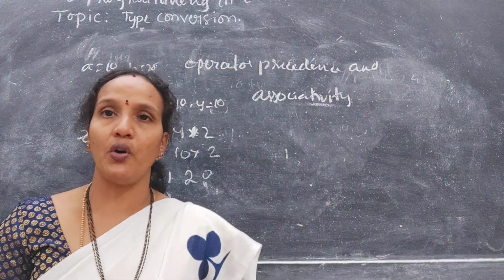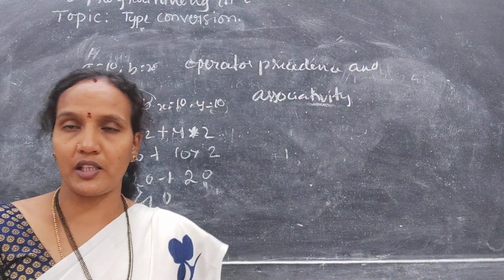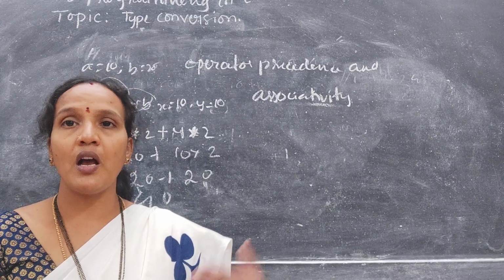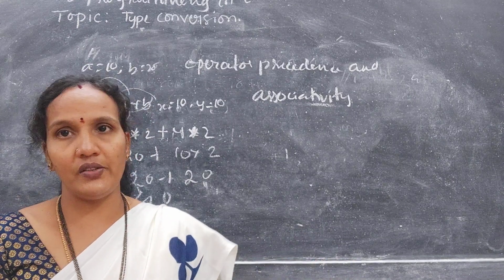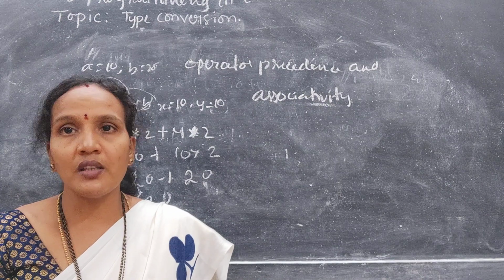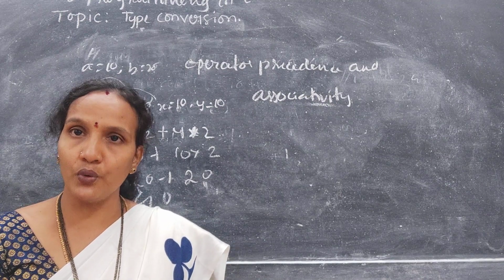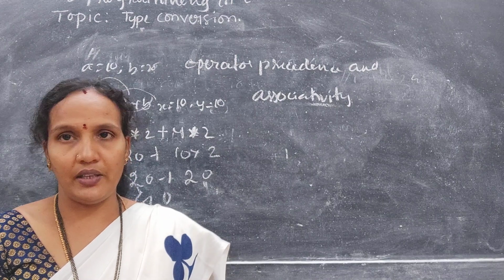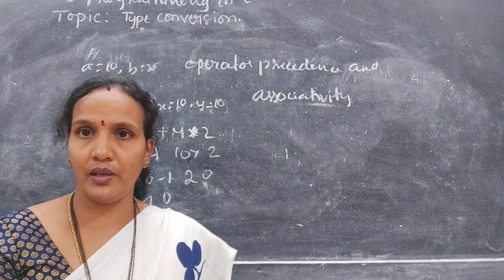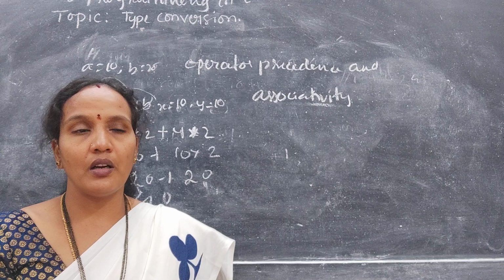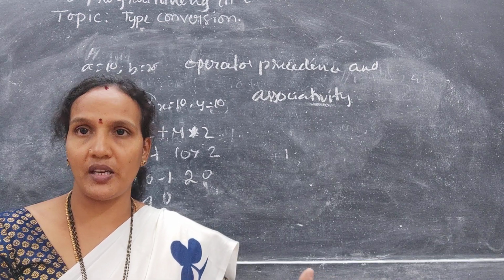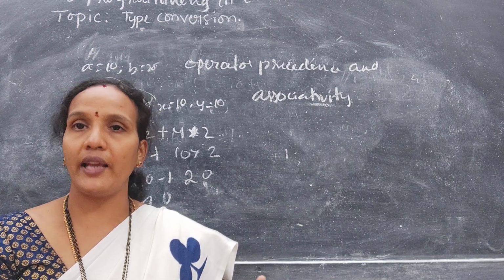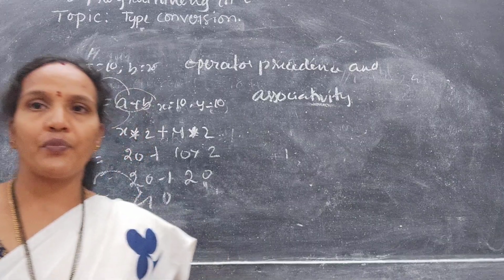If more number of operators are involved in one arithmetic expression or in one logical expression, how can that be evaluated? According to the priority, which operator has more priority, according to that operator, that expression is evaluated. Now here I will give you the table. According to that table, you can decide which operator has a higher priority and how the expression is evaluated.